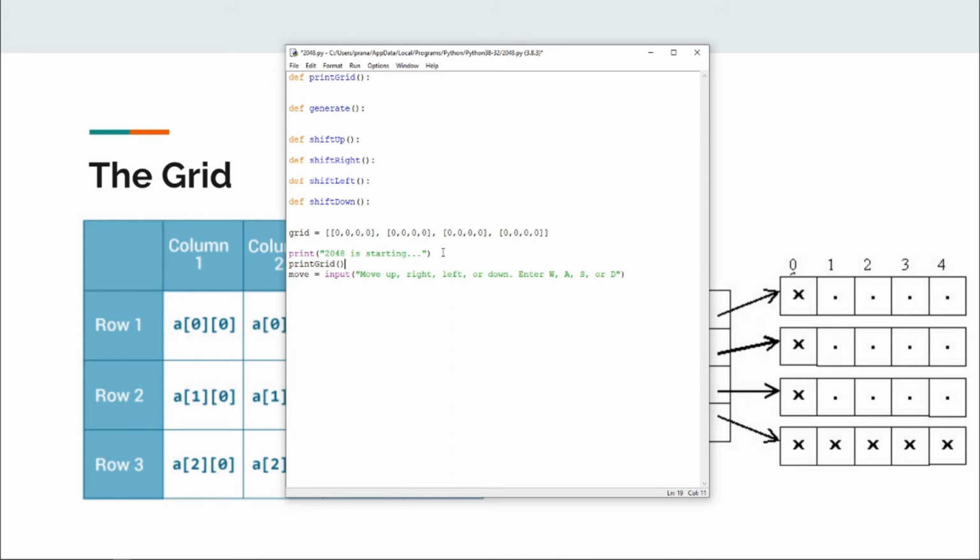So after we get the input, we need to check if the input was either W, A, S, or D. We can do this by using if and else if statements. And inside each if and else if block, we could call the corresponding shift method. So let's do that right now. So if move, and remember to use 2 equal signs, is equal to W,